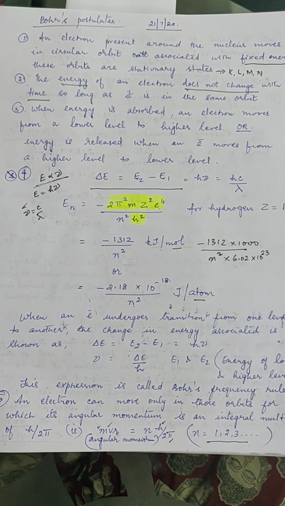So when the electron transition takes place, what is the change in energy associated with it? When an electron is going from lower to higher, energy is absorbed, and when an electron is coming from a higher level to a lower level, energy is released, that is, energy is emitted, right? Okay. Now what I gave you, the energy of an electron belonging to the nth orbit, is given by the relation minus 2.18 into 10 power minus 18 joule, and this value is nothing but the Rydberg constant, that is denoted as minus RH,